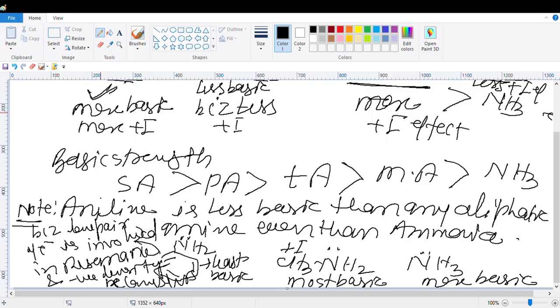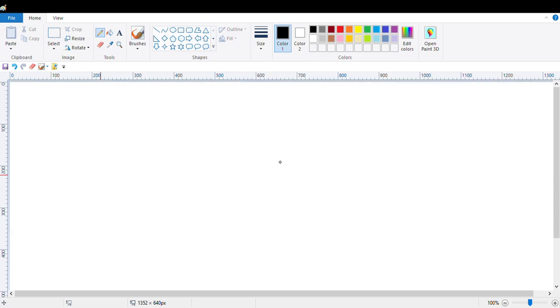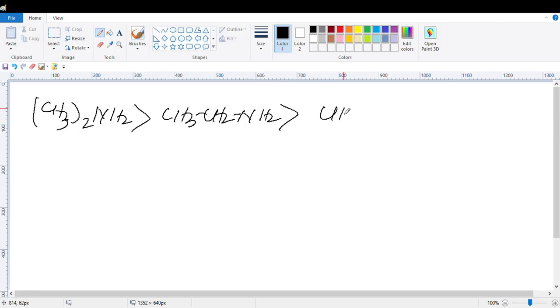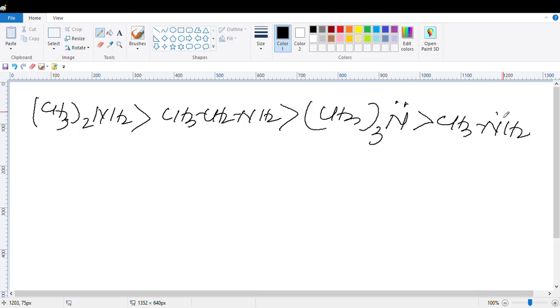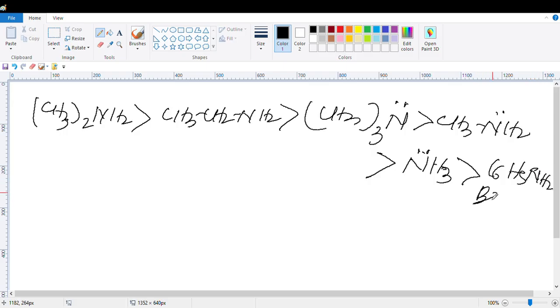In this way, once again, when we write the basic strength order of methyl derivatives of ammonia and aniline, dimethylamine will be most basic, ethylamine will be less basic, trimethylamine will be even less basic, methylamine will be least basic, and ammonia will be even less basic, and aniline will be least basic because